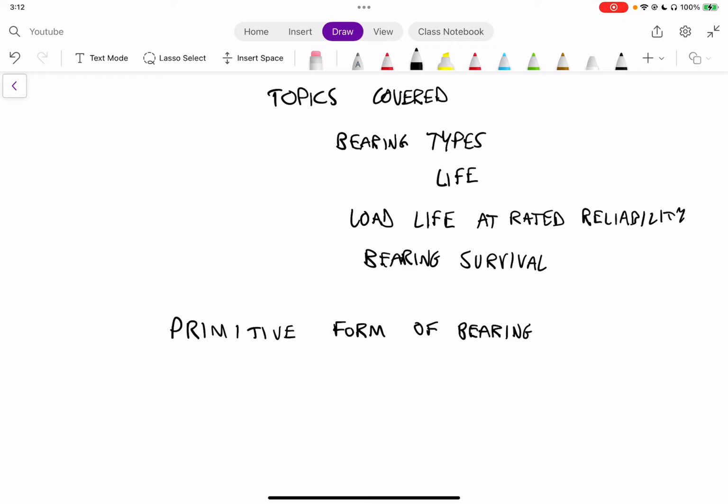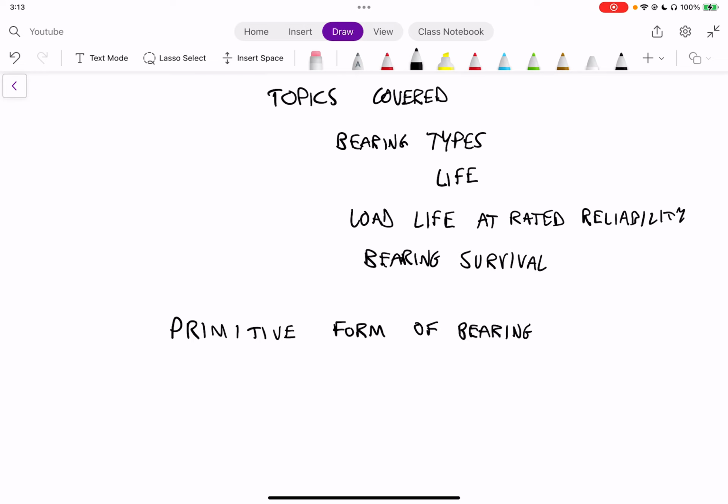We know that a skateboard has bearings in its wheels, and typically what it does is it connects a fixed shaft, which would be fixed to the skateboard, and a rotating wheel. You have the same types of bearings on cars in order to connect essentially an axle of the car with a rotating wheel, for example. So thinking about that, what is an idea for a primitive form of bearing? There's many different ways in which bearings